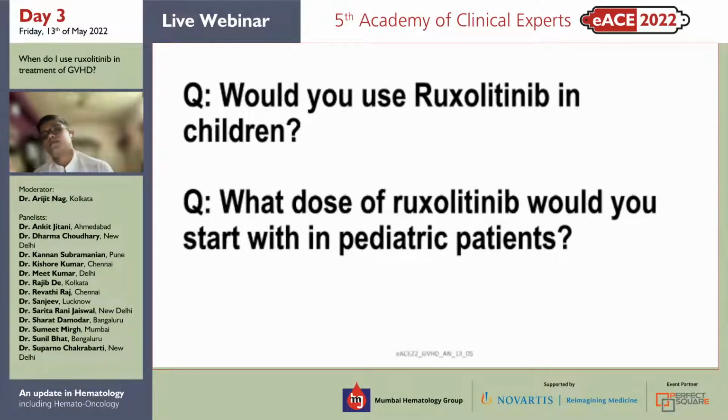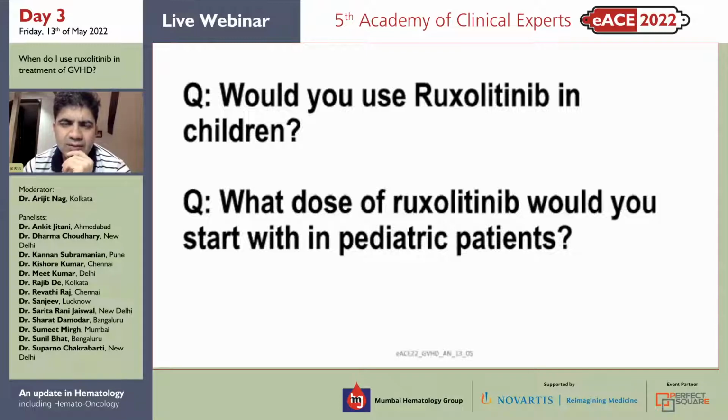Yeah, we do use it, of course; it has been off-label use. We have been enrolling on REACH 5, but that's for chronic GVHD. In acute GVHD, it's still off-label use. But there's a large experience. I think more than 50 children, we have used it as a second-line agent. I feel that the experience has been good. But there are two things which I would like to highlight.